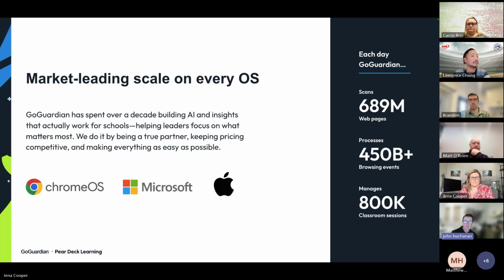And this is important to our customers, given the many hybrid environments that exist across our vast customer portfolio. And because of our broad product portfolio and OS flexibility, it allows us to gather large amounts of data and insights to continue to learn, as you see in the statistics on the slide to the right here, which enables us to have significant scale and deep understanding of what is happening across districts here in the US or school board environments in Canada to better support our customers and their teams.